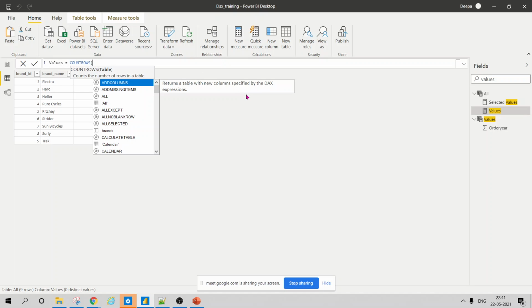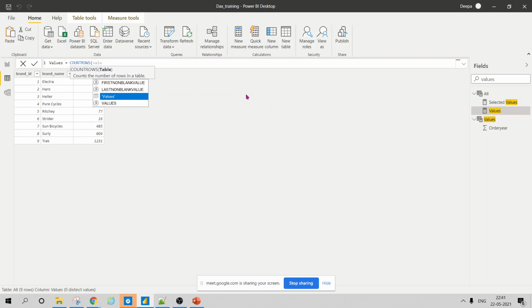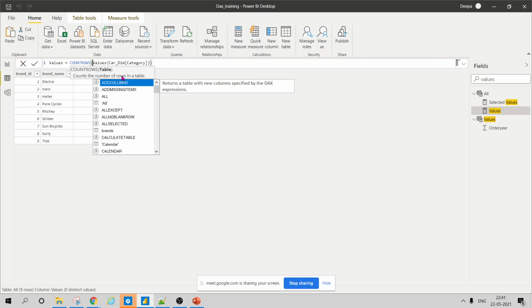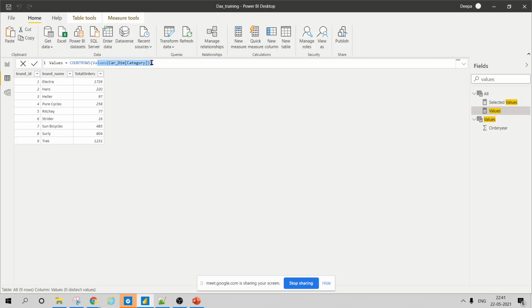So first it gives you one table with the unique records of the category, and then on top of it you count the number of rows.